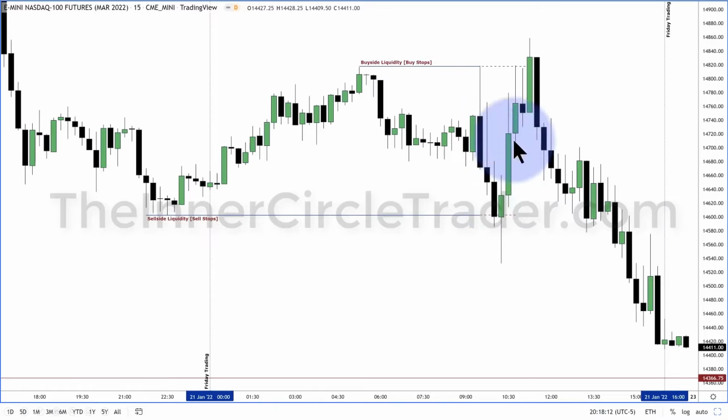And then the algorithms go right back up to an area where it's been cleanly delivered relative equal highs. See how this high here, right before it dropped, is basically the same high here. Notice that? So retail traders see this and they trust it as what? Resistance. So the books always say, put your buy stop if you're going to go short right above a clear level of resistance. Well, these levels work for a short period of time, but the majority of the time you see